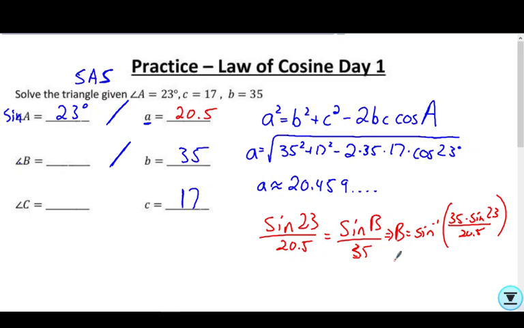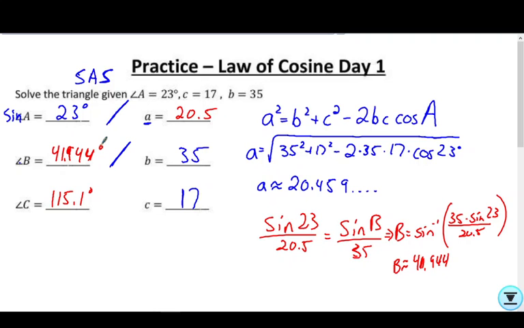And you find that B is approximately 41.944. Then you add the two together and subtract from 180 to find C, so you get 115.1 degrees. Now here's the problem. As soon as I look at my answers, they don't make any sense,